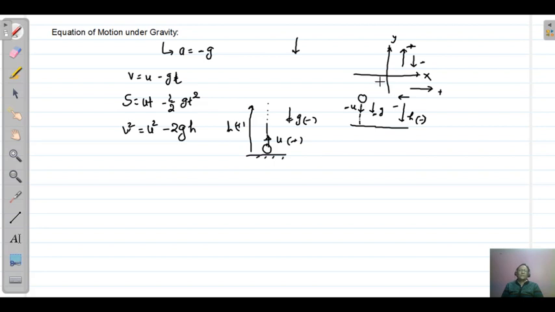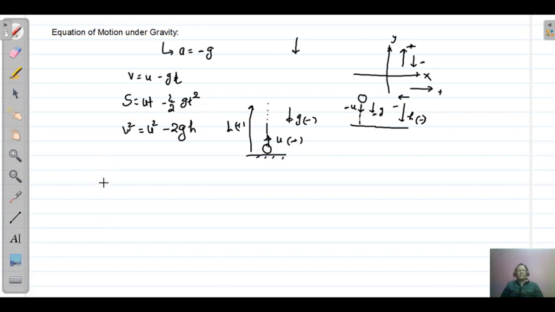We will use this convention in general, but as per the problem, if motion is throughout downward, then we will take the downward direction as the positive direction. So there is no such constraint, but in general, we take measurements along the positive direction as positive and towards negative directions as negative. Now we take some graphs of motion under gravity.